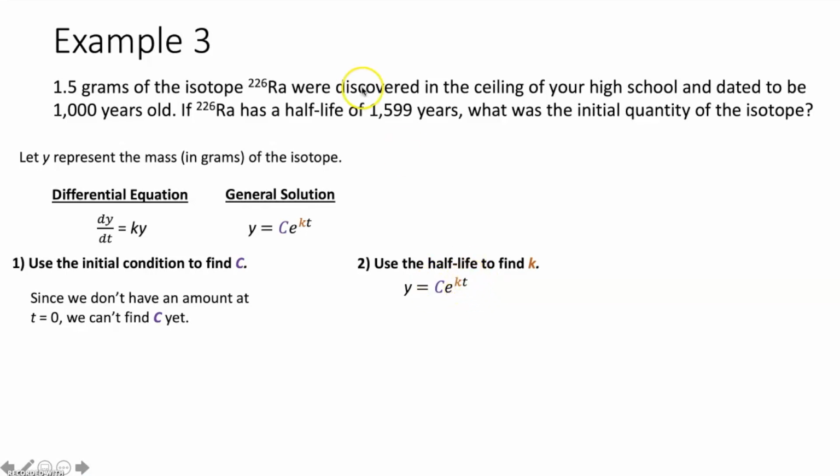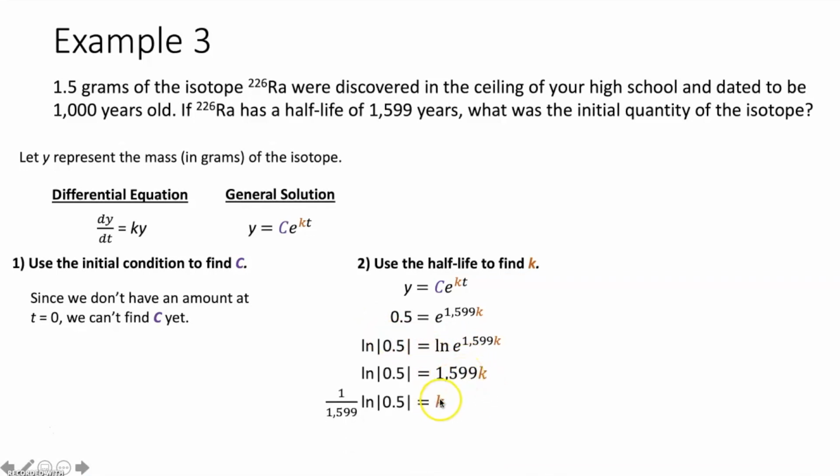Now, after this given half-life, the initial amount of my isotope, this 1 gram, should be cut in half, meaning my y over here will equal 0.5. This will now allow me to solve for k. So all I have to do to solve for k now is just take the natural log of both sides. The ln and the e cancel each other out over here. I then divide both sides by this number, and I end up getting that k is approximately equal to this negative decimal right here. Again, k is negative, indicating exponential decay, meaning we're doing it correctly. So we have found k.